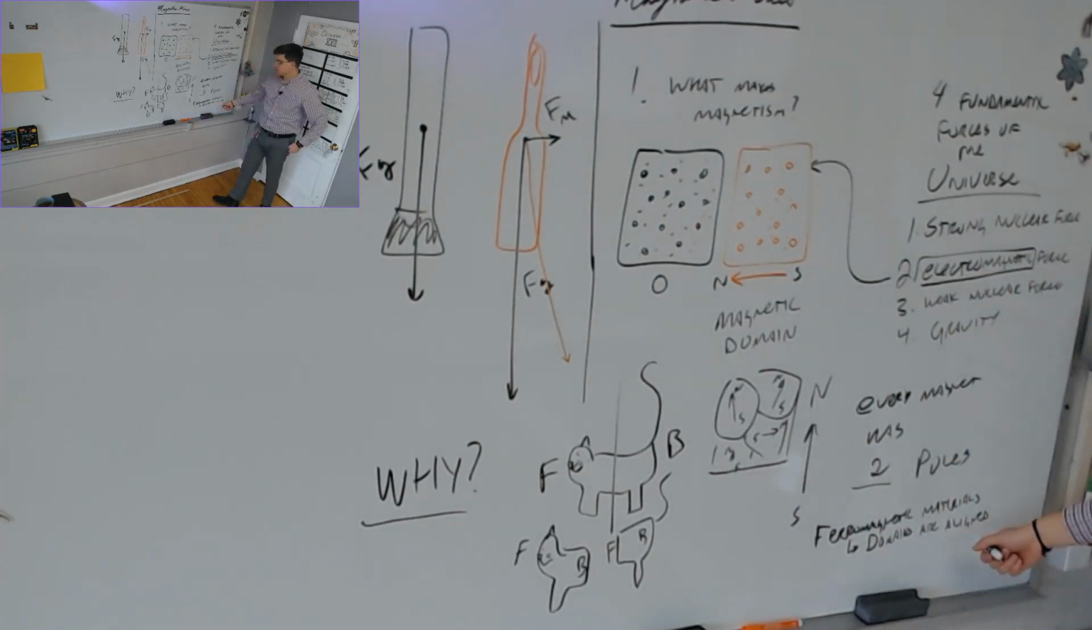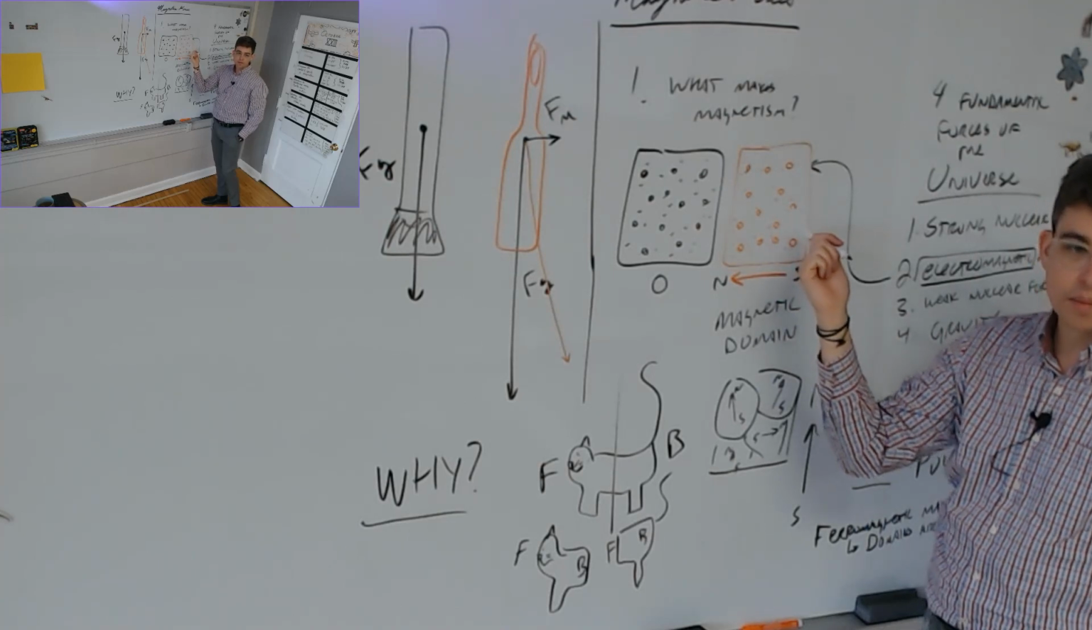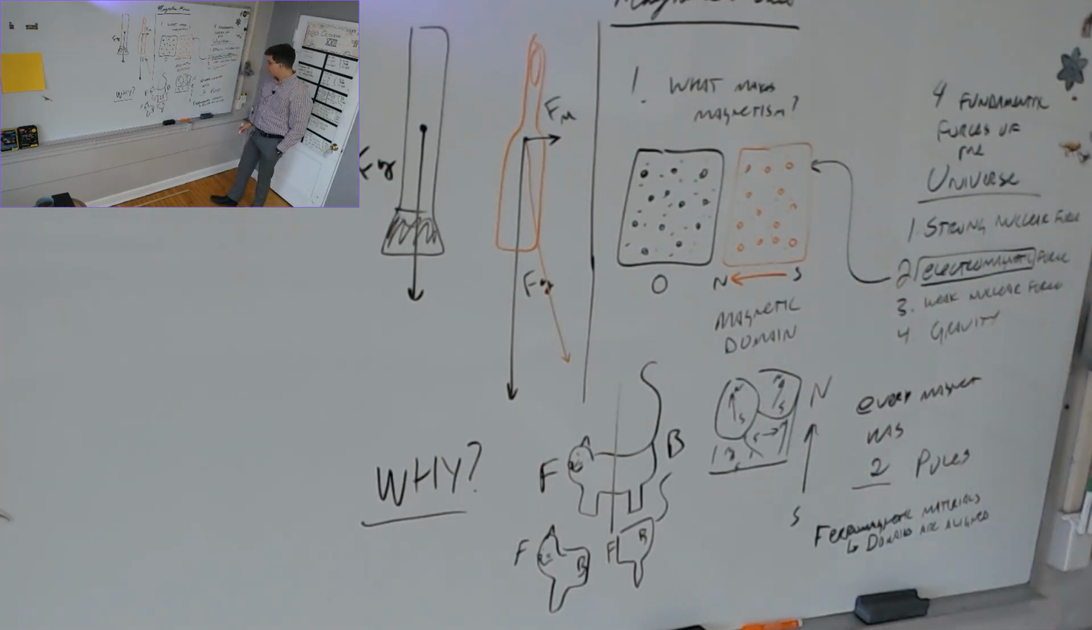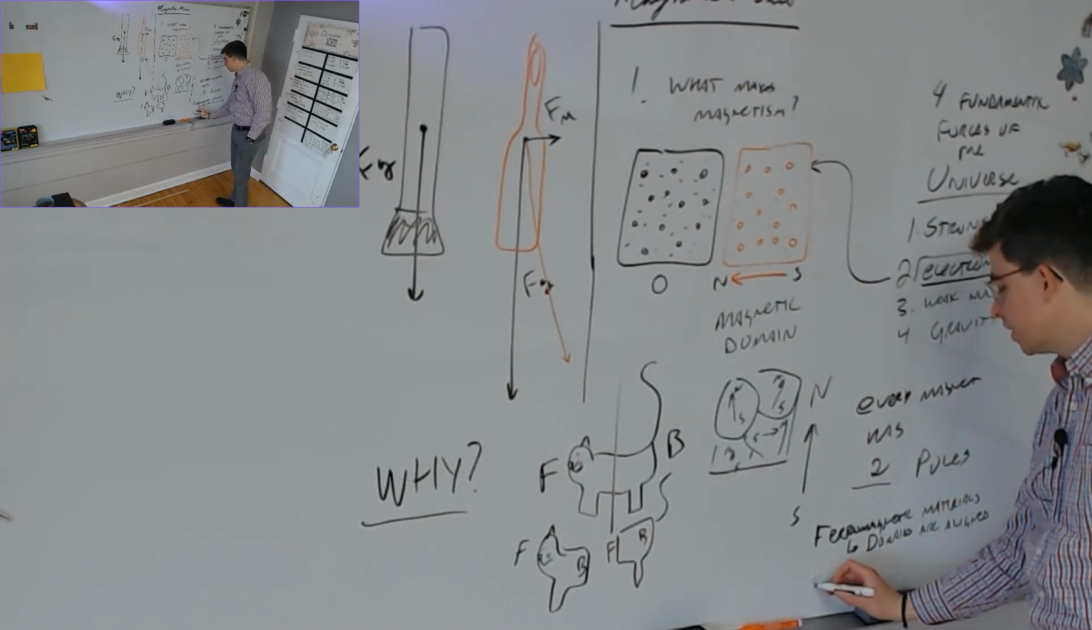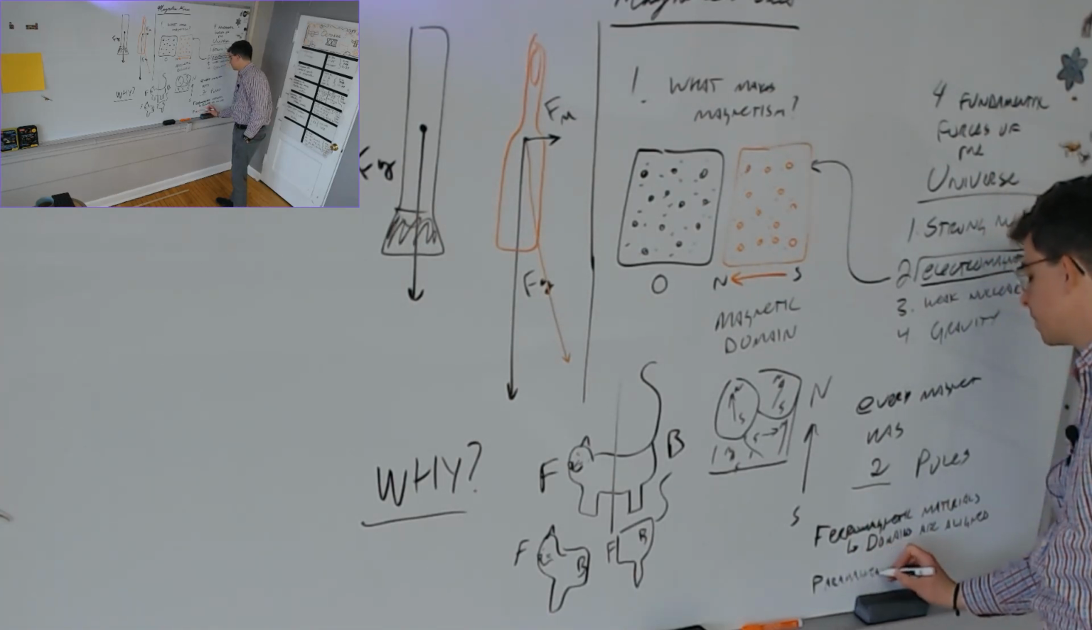So if the domains are all aligned, it will be, I guess, an infinitely strong magnet, but there's always going to be some fluctuations between these. There's always going to be some randomization with the electrons and the way they're lined up. In a paramagnetic material, is that another word you recognize? No. Paramagnetic material